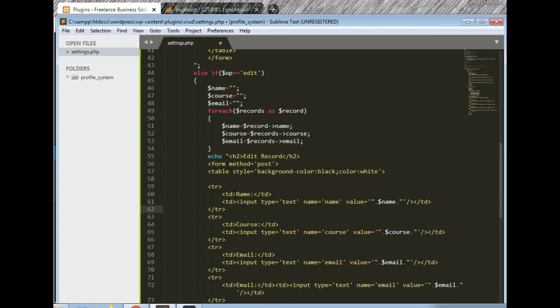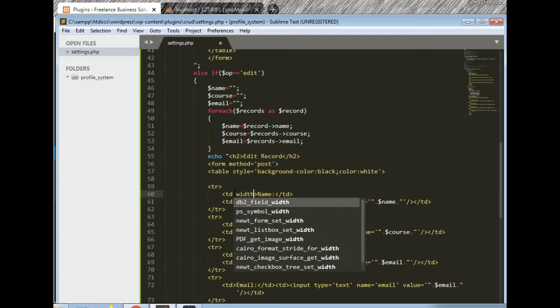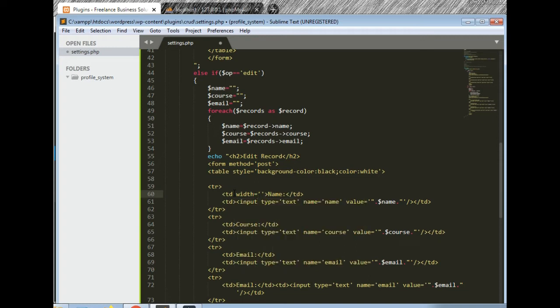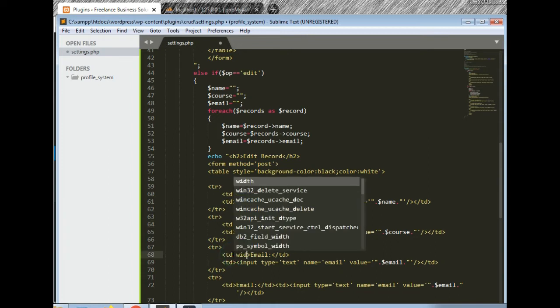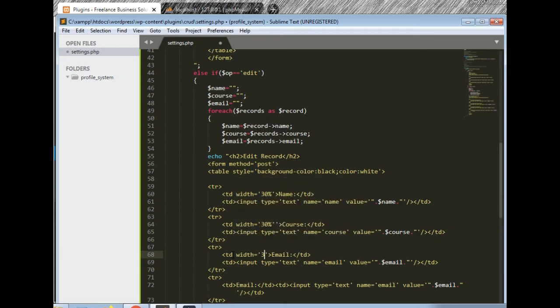Now name is equal to width is equal to 30%. Okay, its width is equal to 30%. Okay, width is equal to 30%, and here